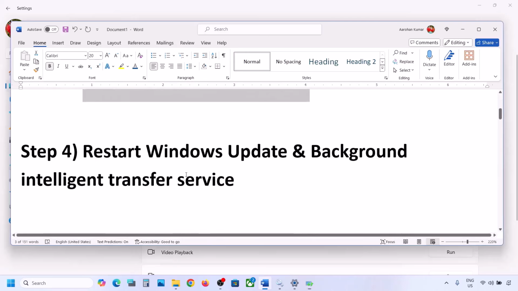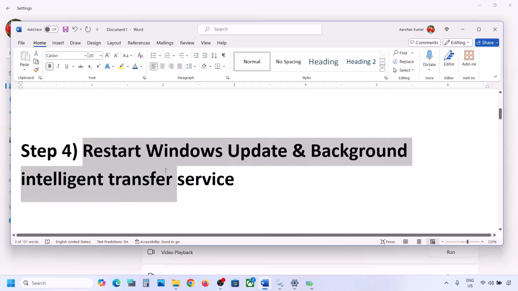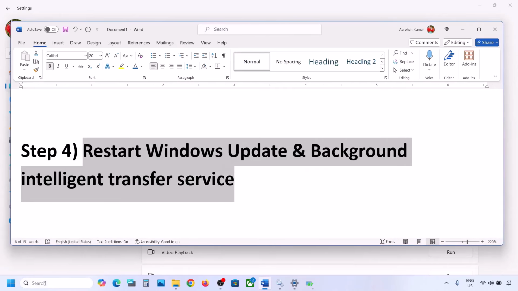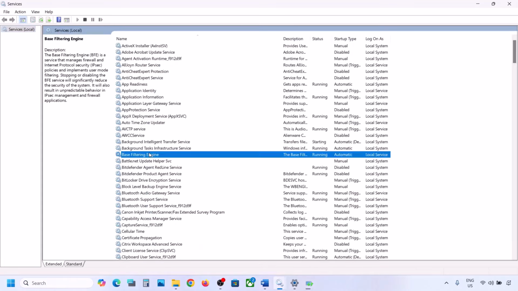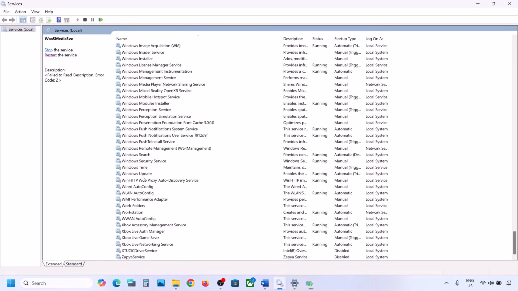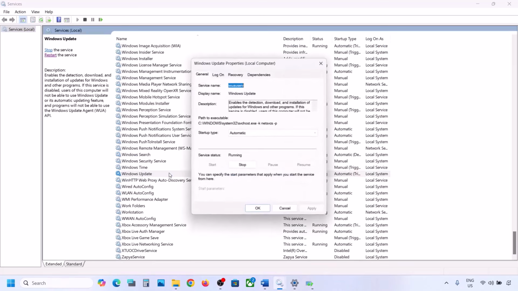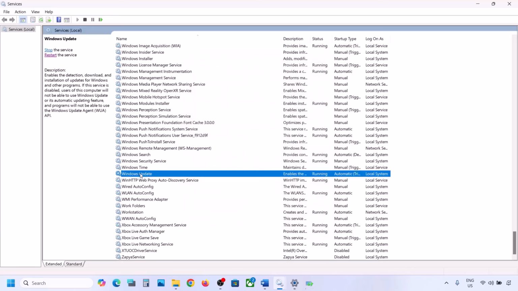Still not working, restart Windows update and background intelligent transfer service. Now for this, type in services in Windows search box and then go to services. Now find Windows update in the list, scroll down, here you can see Windows update. Make a double click on Windows update, set it to automatic, click on apply, click on start if highlighted, and then click on OK. With Windows update selected over here, now make a right click and then click on restart